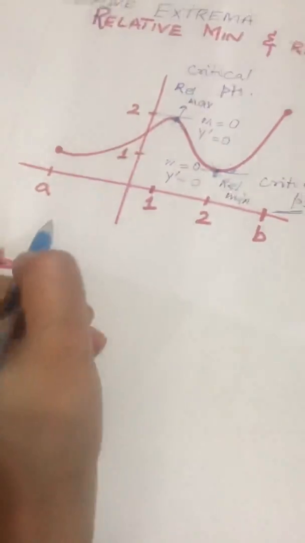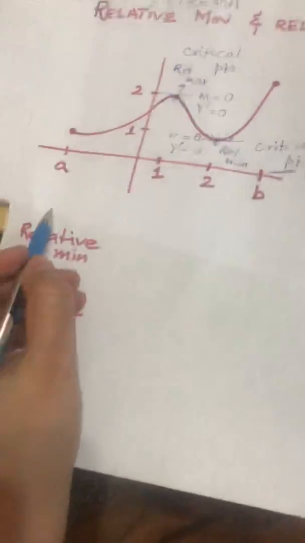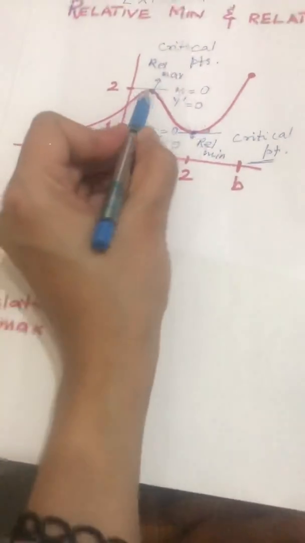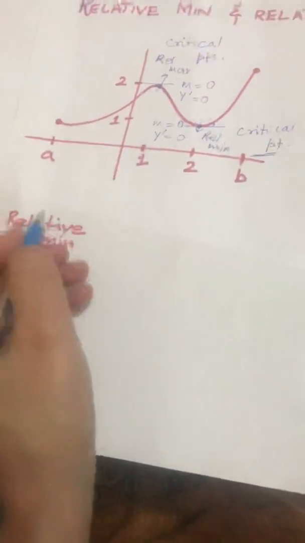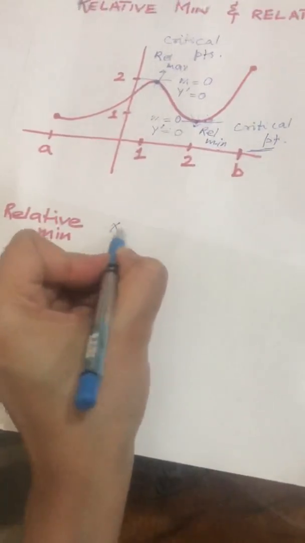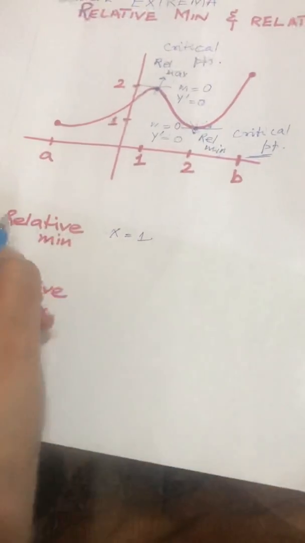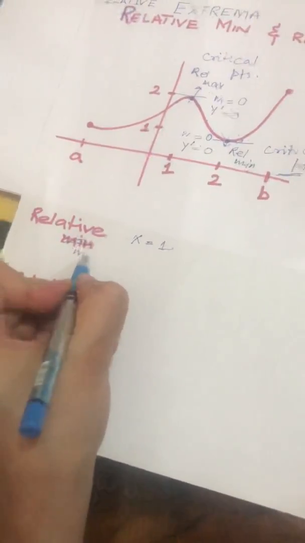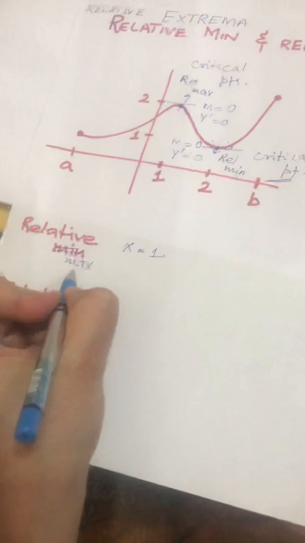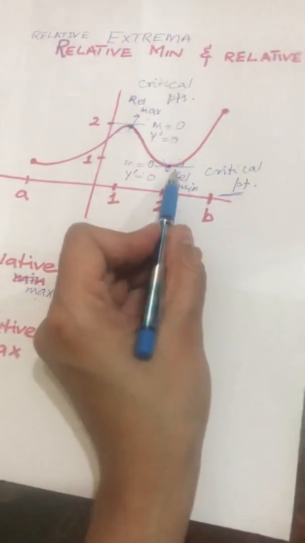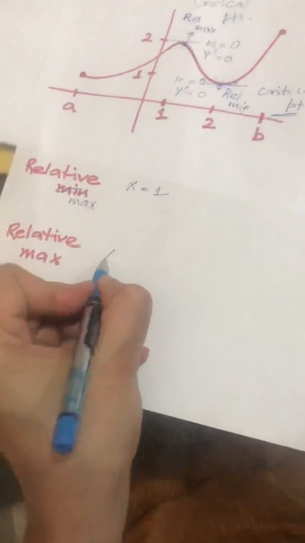So now what are the values of the relative minimum and relative maximum? So let's see that at this point, at relative minimum, the x value is equal to 1. No, sorry, this is the relative maximum. So the relative maximum is at x equal to 1, whereas the relative minimum occurs at x equal to